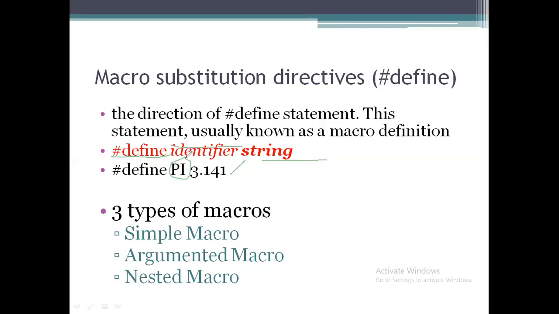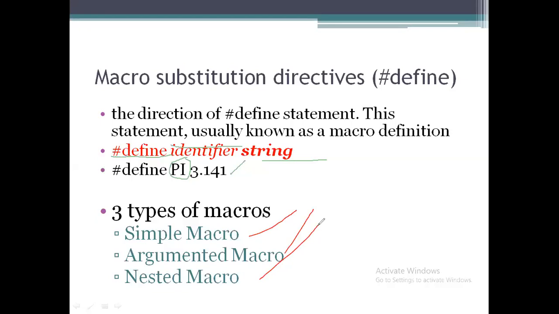These methods are categorized into three types: simple macro, augmented macro, and nested macro. These are very simple, and we can verify them with theoretical examples as well as practical examples. That is the basic idea about macro substitution.